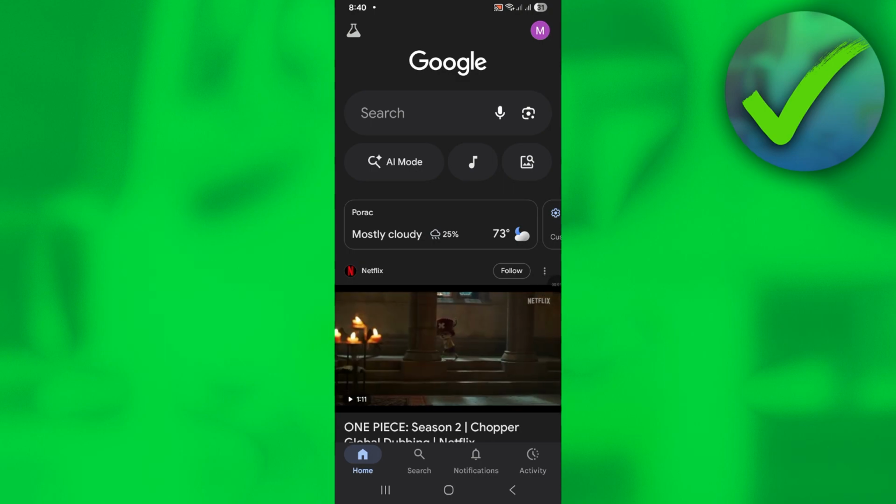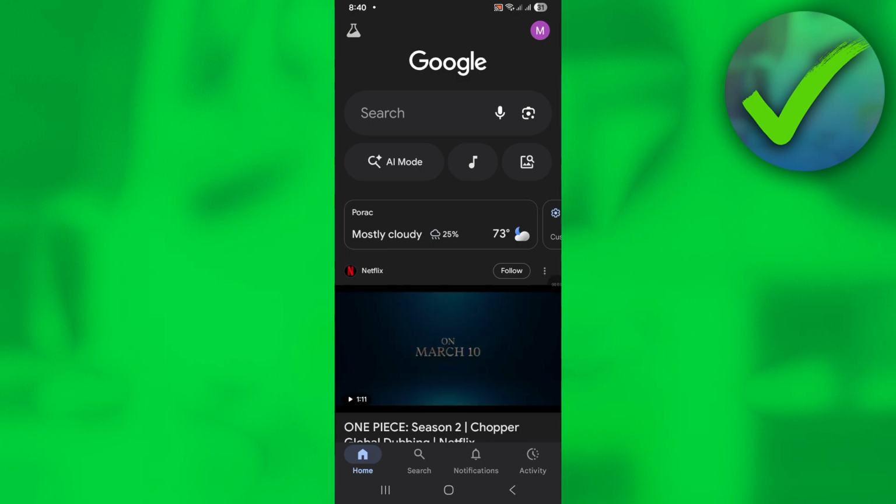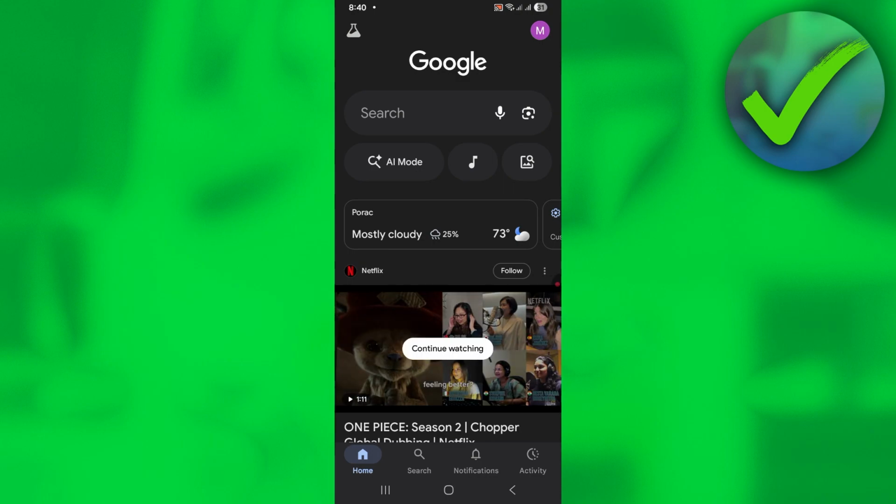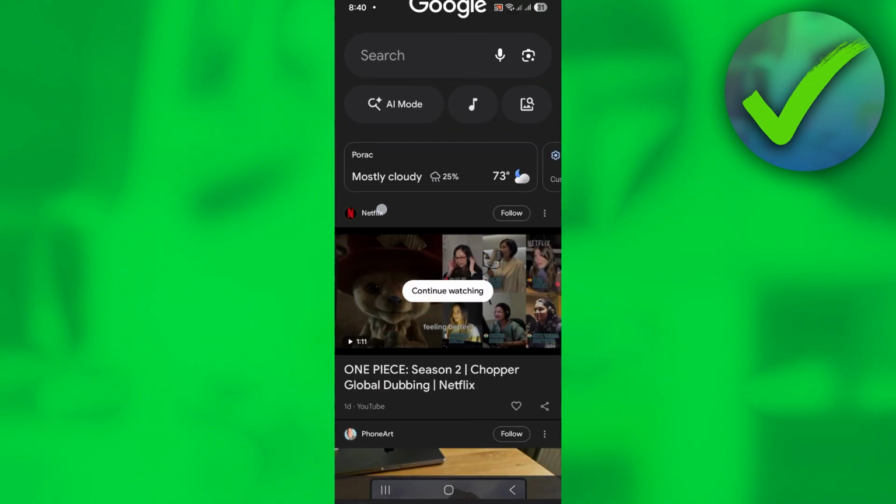How to delete a Google account. So that is what I'm going to show you guys in this super quick and easy tutorial, so let's get into it. So the first thing that we need to do right here is to of course go here on